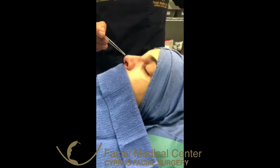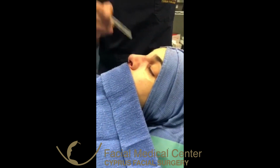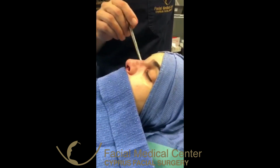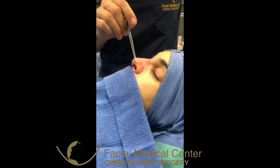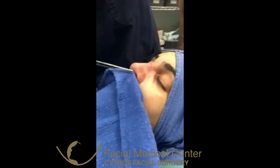reduced as a composite tip. It became a very triangular shape. Tip defining points are very nice and very well defined. You can see a very nice transition like a gull wing from the eyebrow down to the area of the tip projection points. And of course, if you see from below,